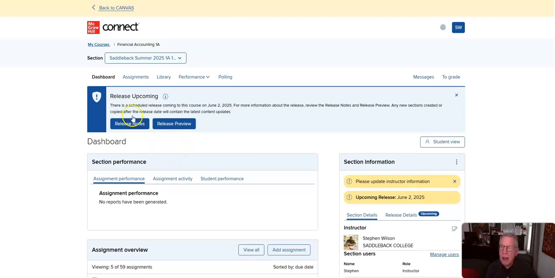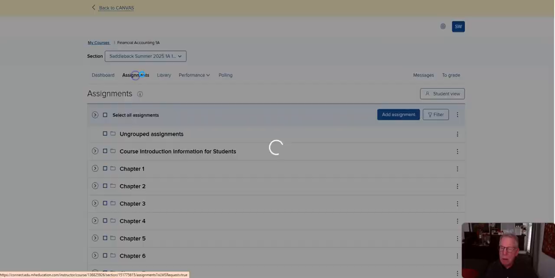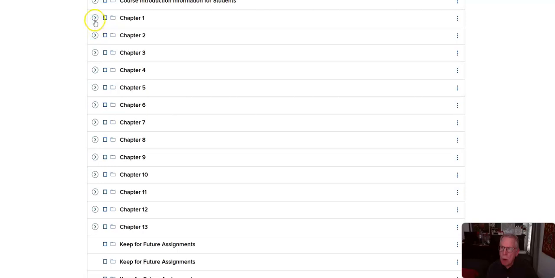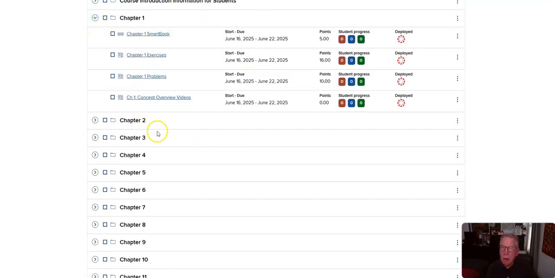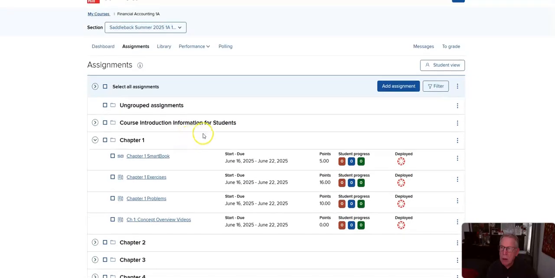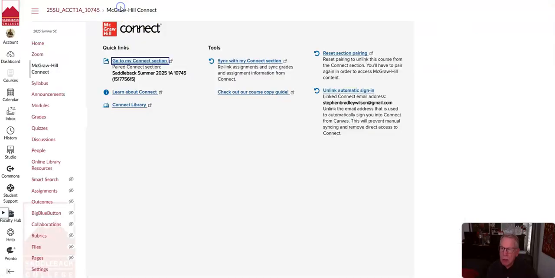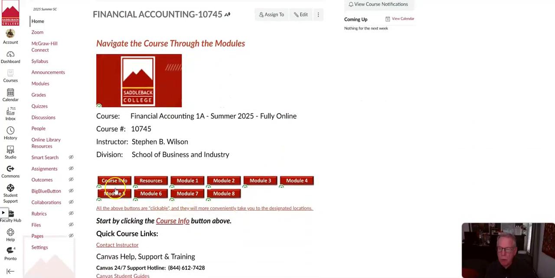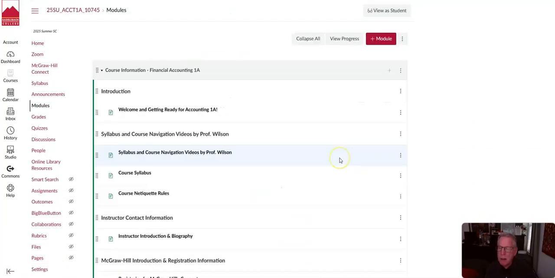If I go to the Connect section here, and you go to the Assignments tab here, you'll see all the chapters' homework. I'll do chapter 1 just so you see it, and all the due dates, etc. So then you can go back to Canvas. But I think you can possibly miss a non-McGraw-Hill assignment that way. And I think the easiest way to proceed in this course is to go down the modules, just like I indicated. So here I take you to the course